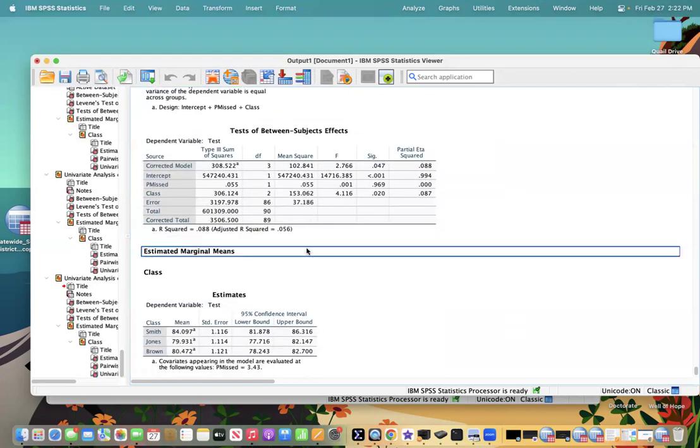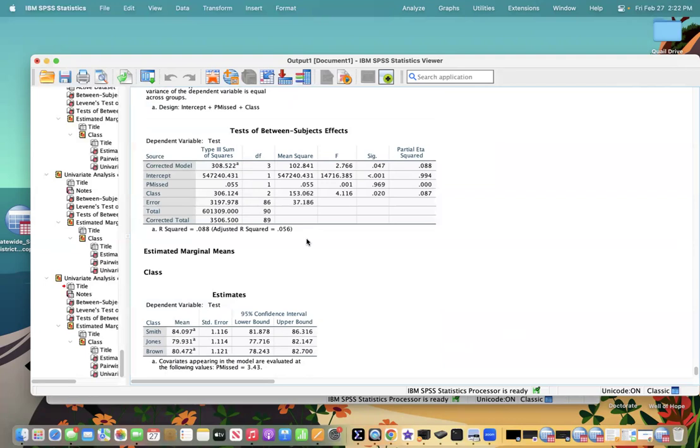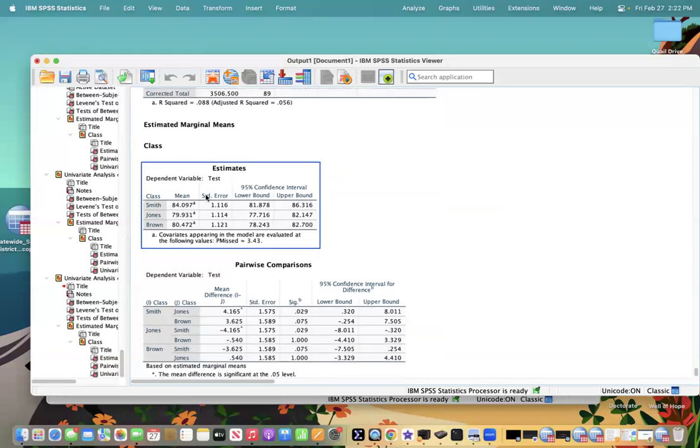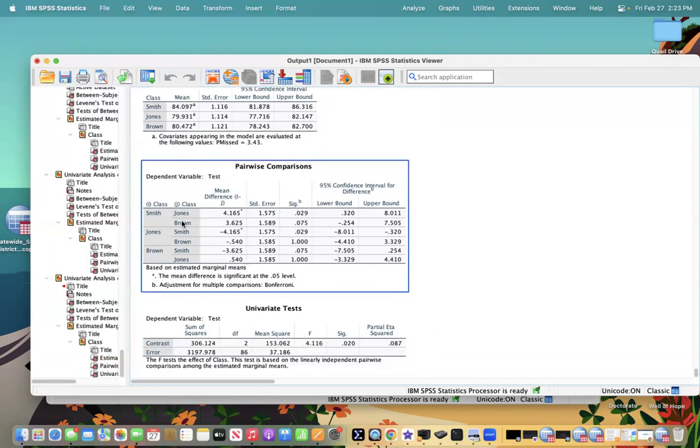Now we have tests of between-subjects effects. We're going to look at class right here and see the partial eta squared is 0.087. And then in estimates, we're going to look at the means for each teacher, Smith, Ruger, and Wesson, and look at their different